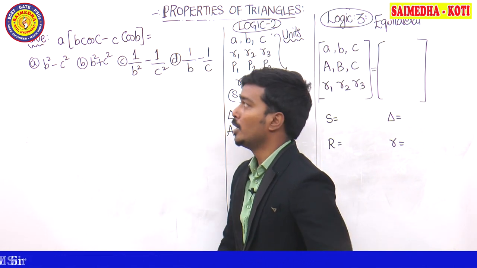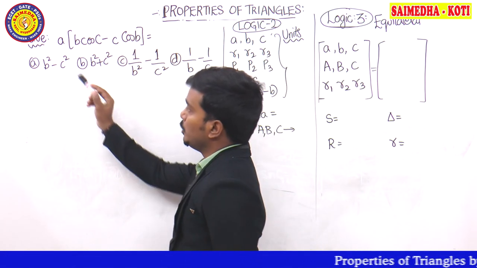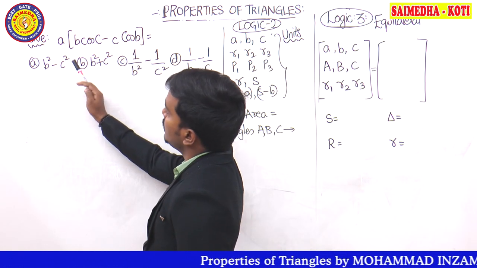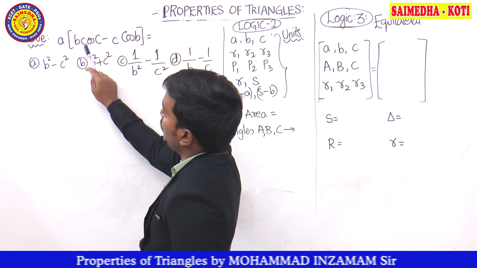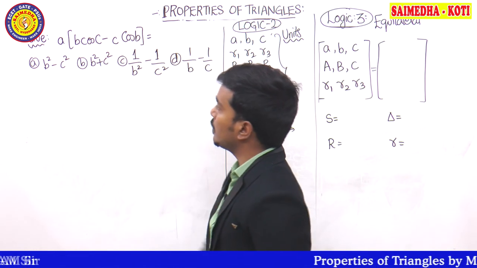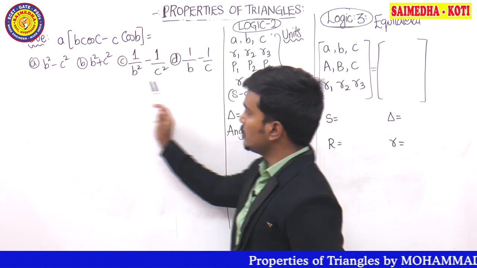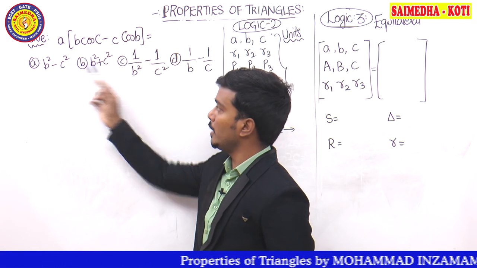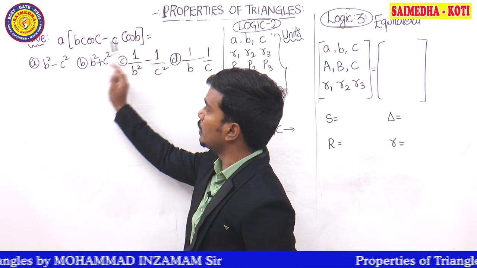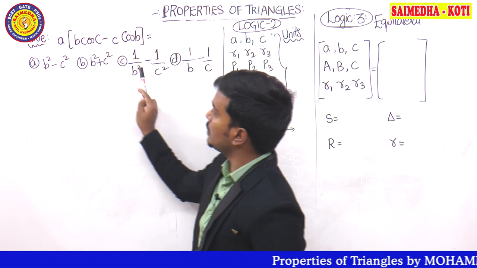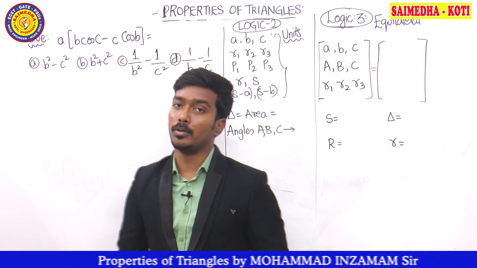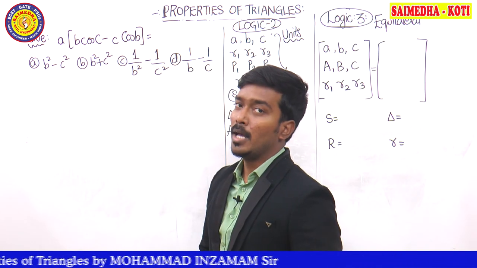Let's try and understand. Question given is a into b cos C minus c cos B. Now you can observe, guys, a is the odd one out, or BC must be the odd one out. That means the answer must be in terms of a term or in terms of BC term. Observe the options. There is no a term. a is not given in any of the options, guys, and the answer must be in terms of BC form only. This is BC, this is also BC, this is also BC form. That means logic 1 you cannot apply now. You cannot tell which one of the following is the correct answer.